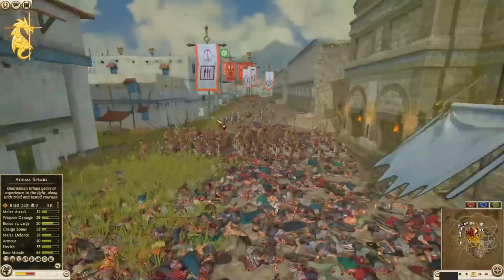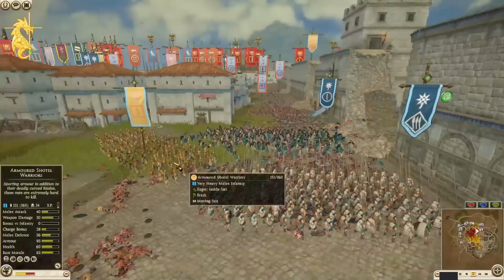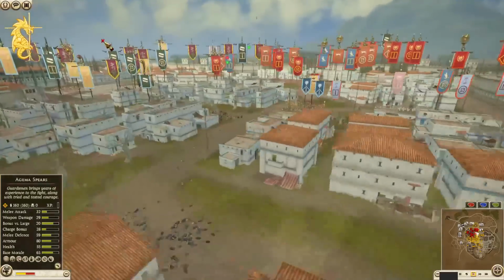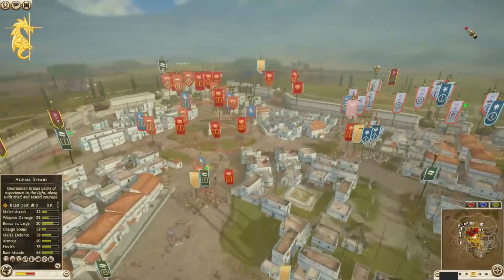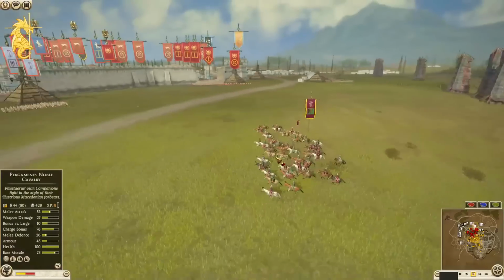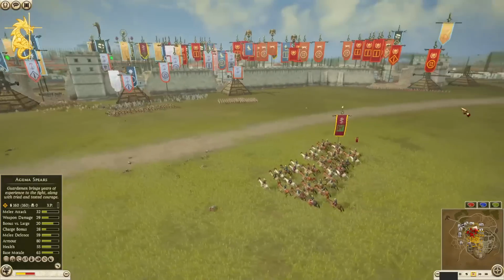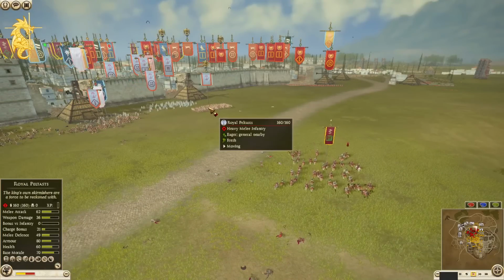Thorax pikes are set up, but we've got Celtic warriors, pikemen, armored shotels. There's a lot set up here. Where'd the Pergamene Noble Cav go? Okay, it's all the way over here now. 428 kills now. Quickly now. I think he was going after the archers, but the Royal